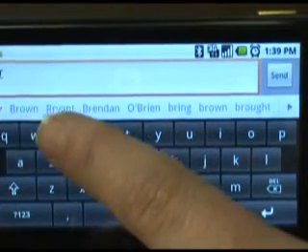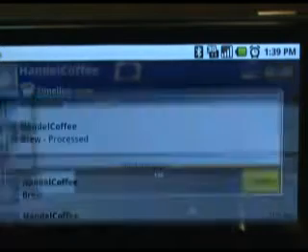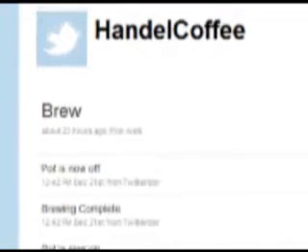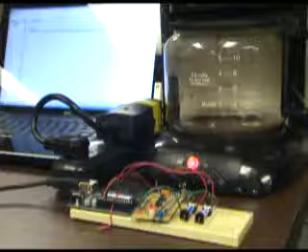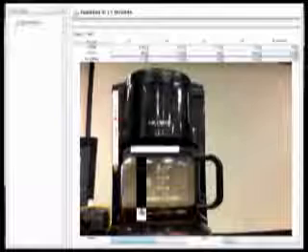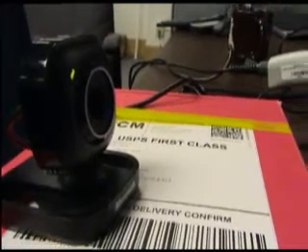So here's how CoffeeTrack really works. You're at home in the morning and you want coffee ready when you come in the office. You send the brew command to Twitter. Twitter in turn receives this message and communicates to RiteTrack. RiteTrack in turn starts the coffee pot, and through a web camera, RiteTrack monitors how full the water reservoir is